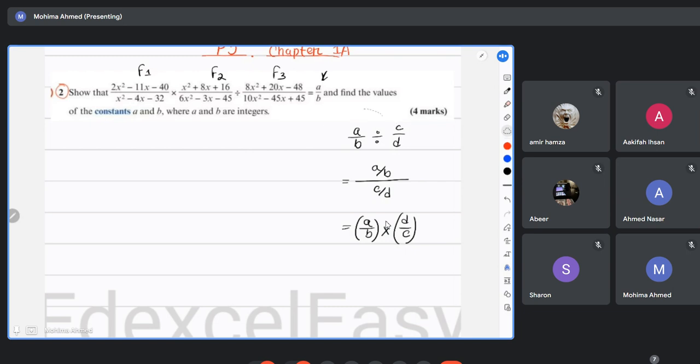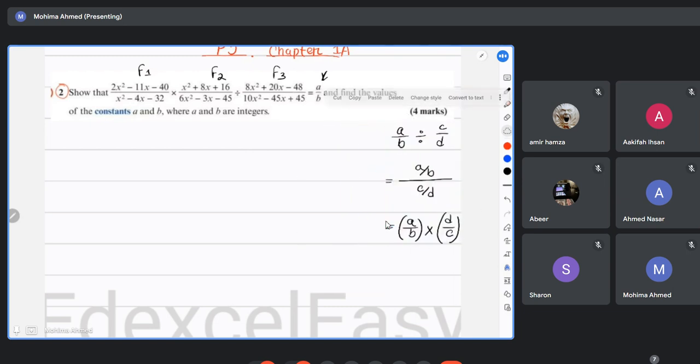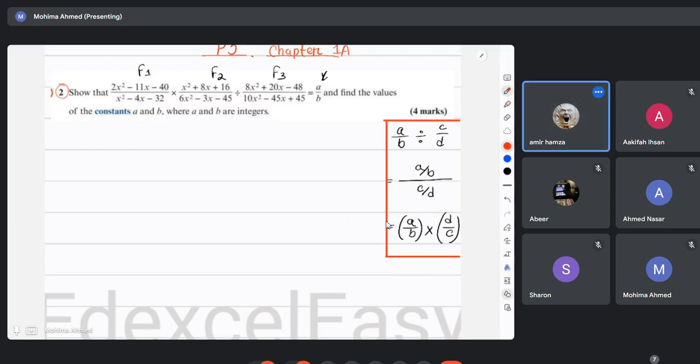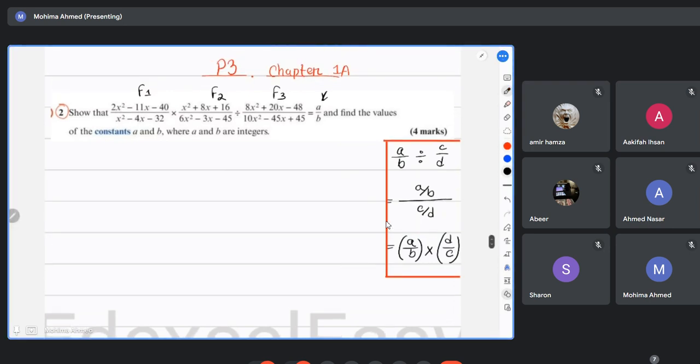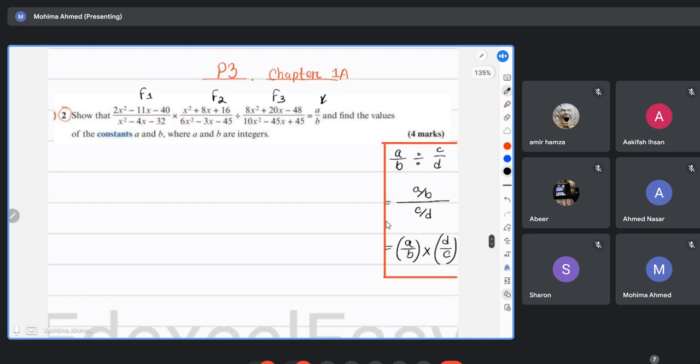Now I'm going to write it over here. This is like a graph format. Okay, is there any problem with this format, by the way? No, miss. Okay, then we're going to start. For Nasser and Akifa, if you are facing any problem, please turn on your mic and let me know about it.